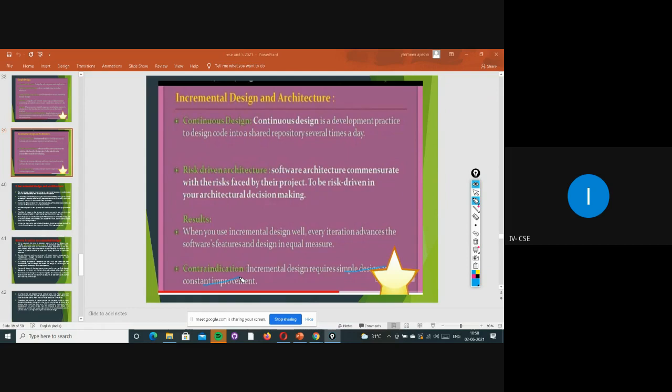If we make it that way, definitely we are going to face problems. Simultaneously, how we design should be simple, easy, and within the budget, right? And we have to improve all the features, and whatever features we have added, only then can we overcome the problems we are facing in this incremental design architecture. If you don't prepare a simple design, it will be tough, and the customer won't prefer it. They will not be using it. If you are not making any changes to it, no one will be buying, right?